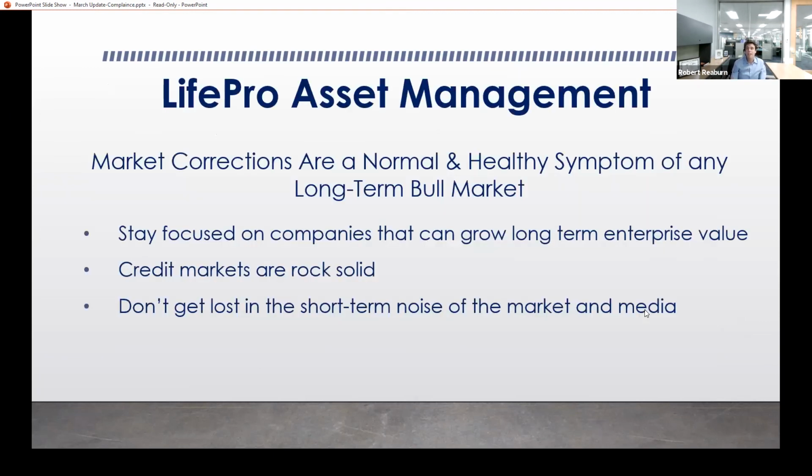So overall, what does that mean? That means at the end of the day, we want to stay focused on companies that can grow their long-term enterprise value. Those companies are going to reprice upward as the whole inflation scare, the narrative around ARK Invest and rising 10-year yields, as all that stuff starts to subside, these stocks come back into favor and we resume the uptrend. Credit markets are solid. And again, we say this every week, during bull markets, during corrections, during bear markets. Don't get lost in the short-term noise of the market, ladies and gentlemen. It's garbage. It's only going to hurt you in the long term. Stay focused on high quality growth, good companies, good leadership at those companies, good management teams, and you'll make money